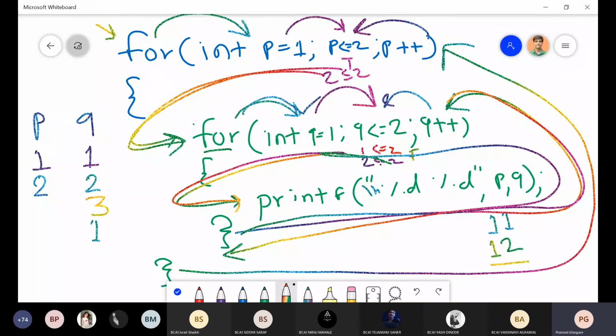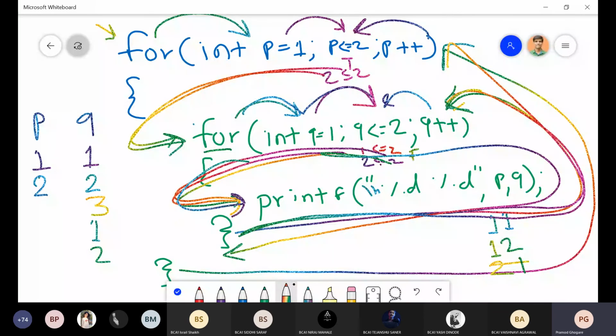So 1 is less than 2, the condition is true, it will come to here. Print %d. What is the value of q? The value of p is 2 and q is 1. It is printed, from here it will go up, sorry, here the value of q increased, the value of q became 2. 2 is less than 2, no, but 2 is equal to 2, so it will come to here. What will print? 2 2. Now once again this is the last statement, so it will come to the inner for loop, that is q plus plus.